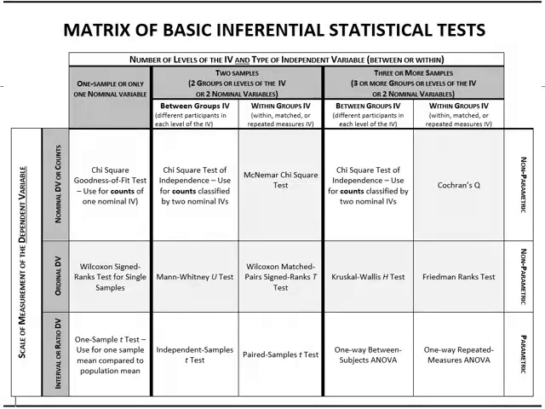So why are there two columns for each of those? Well, we have something called the between groups IV or within groups IV. We're going to talk a little bit more about that, but basically it's what's the research design? Are there different people in the levels of the independent variable, that is, different people in the groups? That's a between design. Or is it the same people, matched people, related people? That's what we call a within design. So based on those things, the scale of measurement of the DV, the number of levels of the IV, and whether you've got a between or within design, that tells you what statistic you use